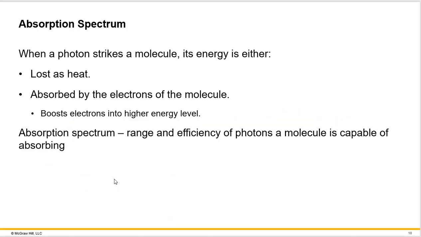And when a photon strikes a molecule like a pigment, its energy is either lost as heat or it's absorbed by the electrons of the molecule. Now, when that happens, the electrons that absorb the energy of the photon get boosted into a higher energy level. Right? So imagine an